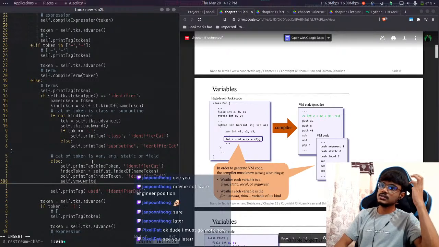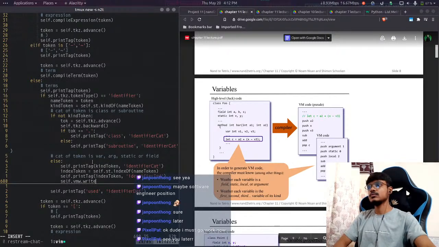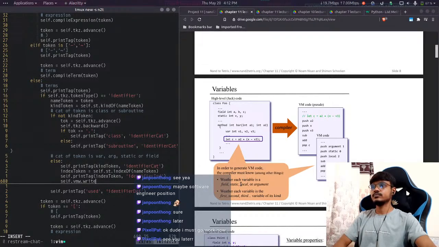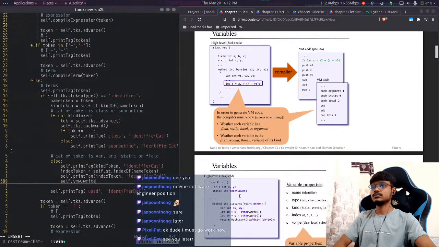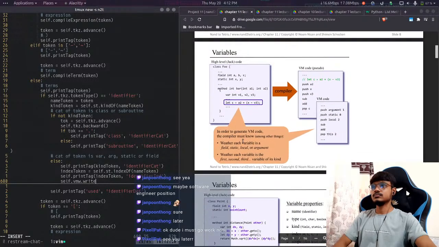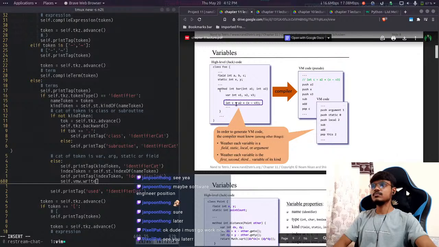How the hell do we know if we have to push or pop? How can we figure it out? If the variable is before the equal sign, we should pop. But